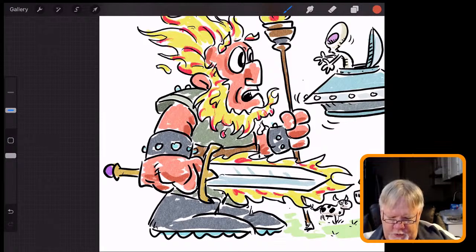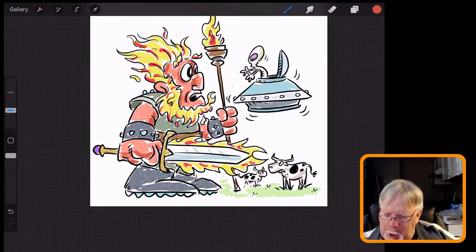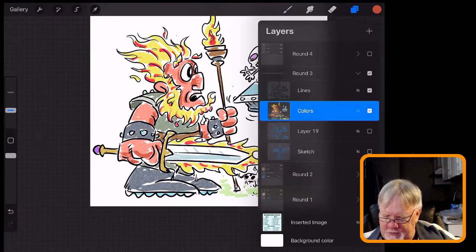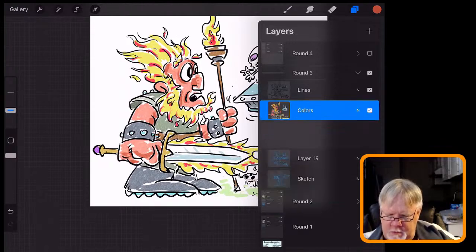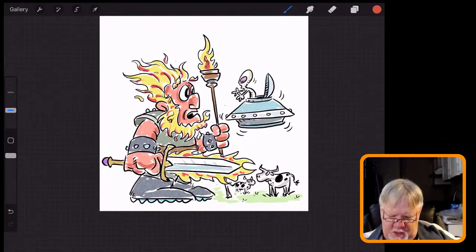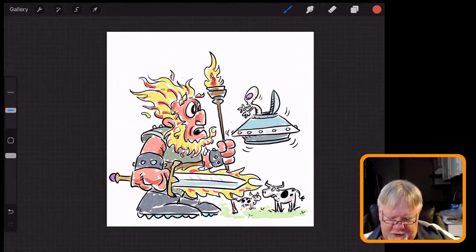Kind of weird with the shading around a face where the hair is all fire. There really shouldn't be a lot of shading, but we still need it to help give definition to the face. There we go. So I will, like I did last time, drop this down maybe 10%. Yeah, that's better. And we've got ourselves a fire giant